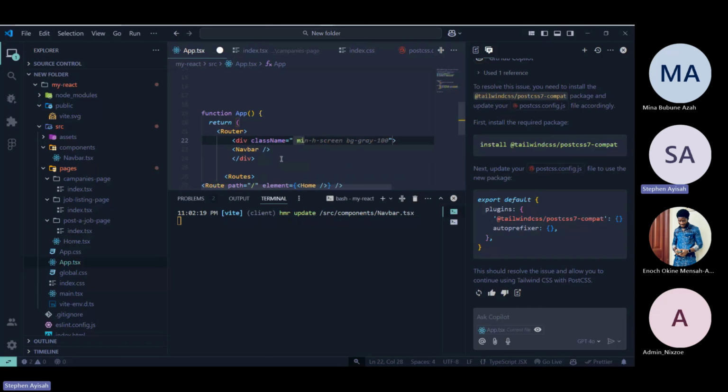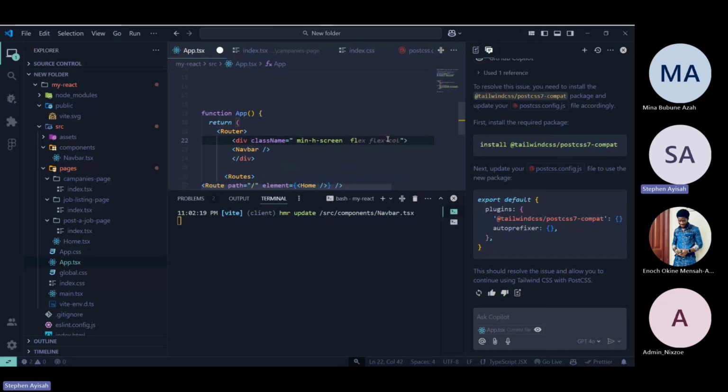Whenever you are writing it, I would suggest you go to the React page. That is where you can know the short names of the styling. With min-h-screen, it is the minimum height for the screen, and then the background. The reason why I'm having this gray is because of the code I'm writing for React Native. So you have the minimum height screen,